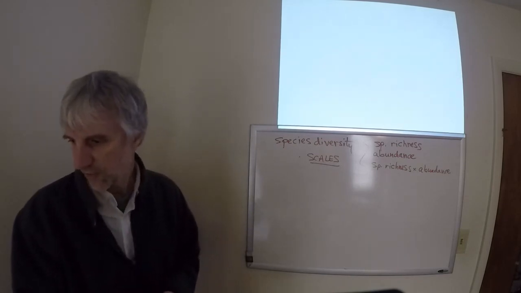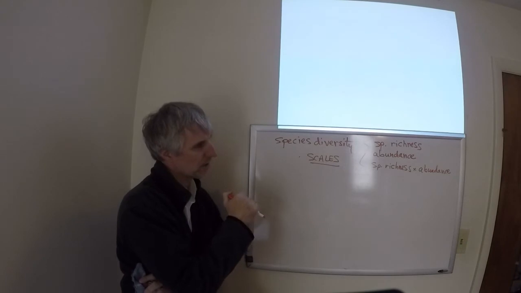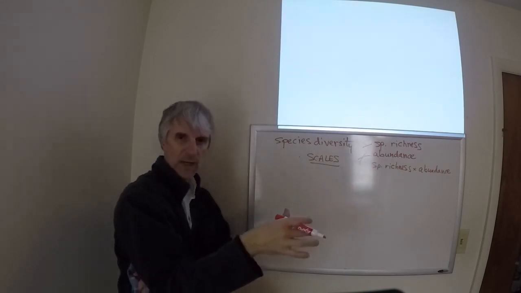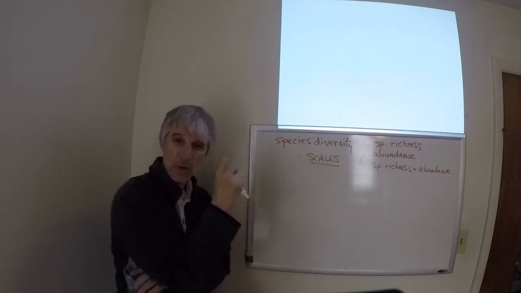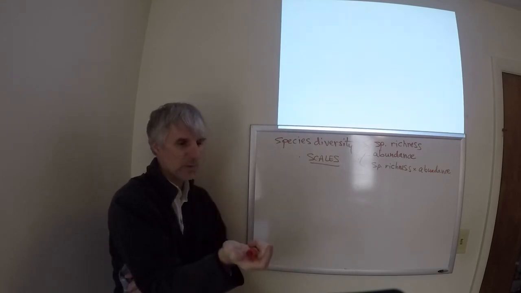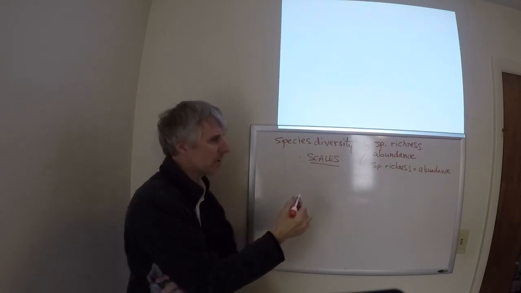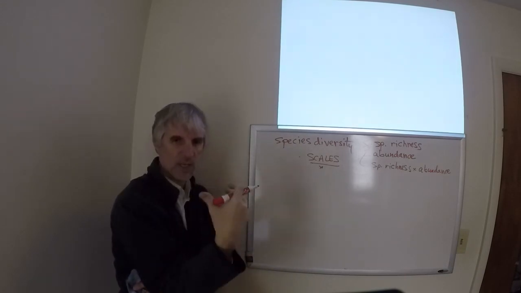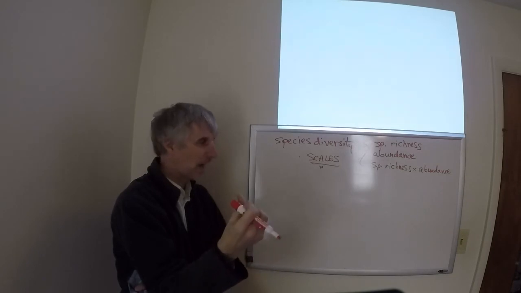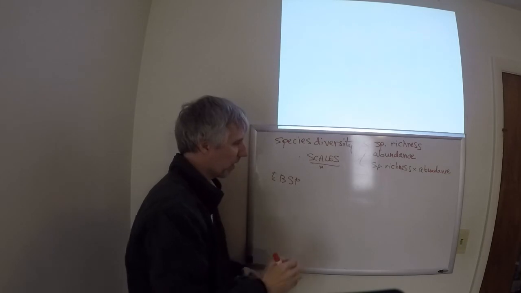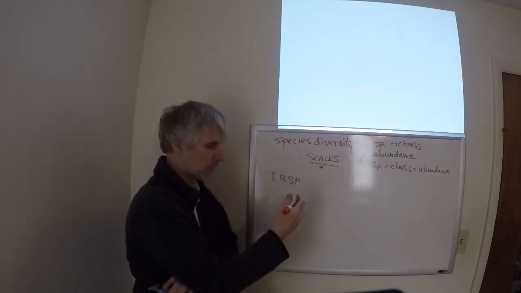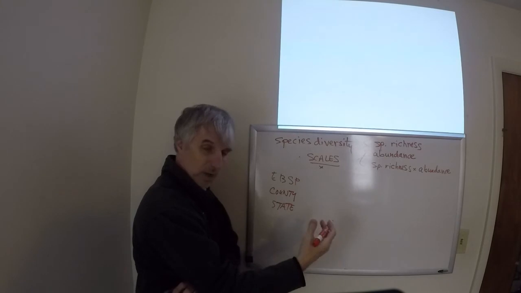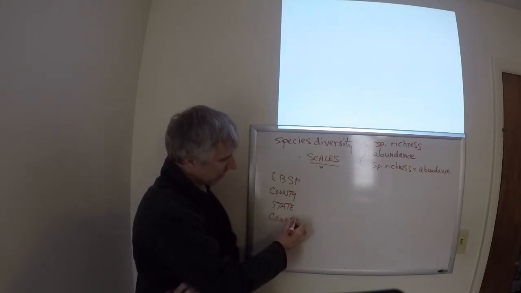However, if we're interested in a particular area, it may be entirely possible for us to go out and quantify these two things. We can get a measure of species richness by doing a rarefaction curve, and we can get a measure of abundance by counting individuals. But as soon as I shift from this very small spatial scale into larger geographic spatial scales, maybe looking at not just Erie Bluff State Park and its species richness and abundance, but then we move to Erie County, and then the state or commonwealth level, and then the nation level. Well,